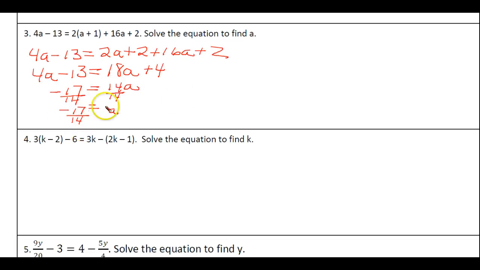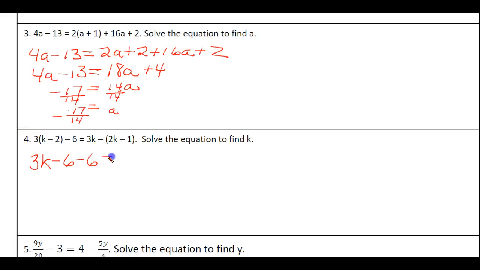Now you might say, well, where can I put that negative sign? Well, I could put it up by the 17, but actually the best place to put it is by the division bar. All right, let's see what you get as you do number 4. First thing I'm going to do, clear parentheses, and then combine like terms. So that's 3k minus 6